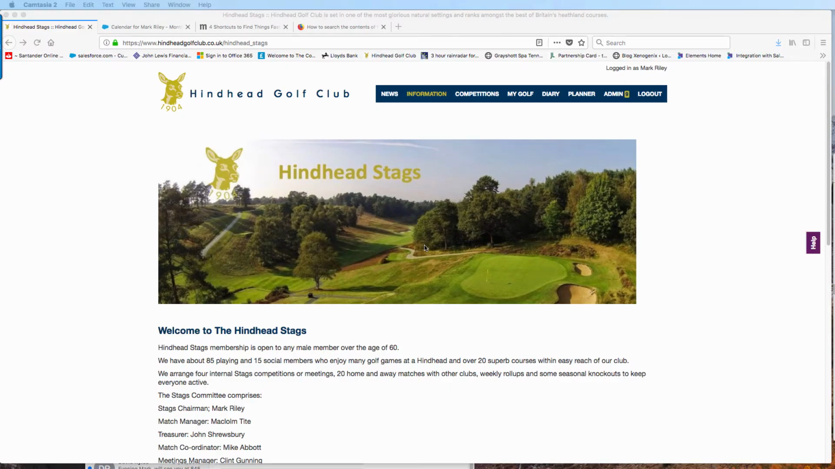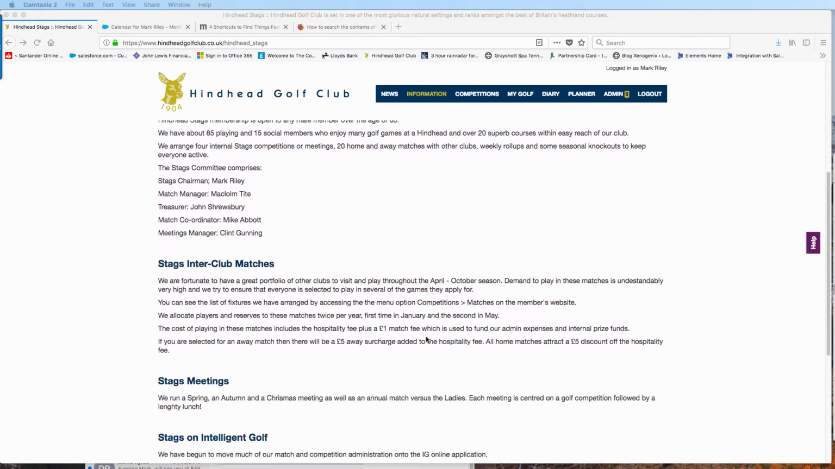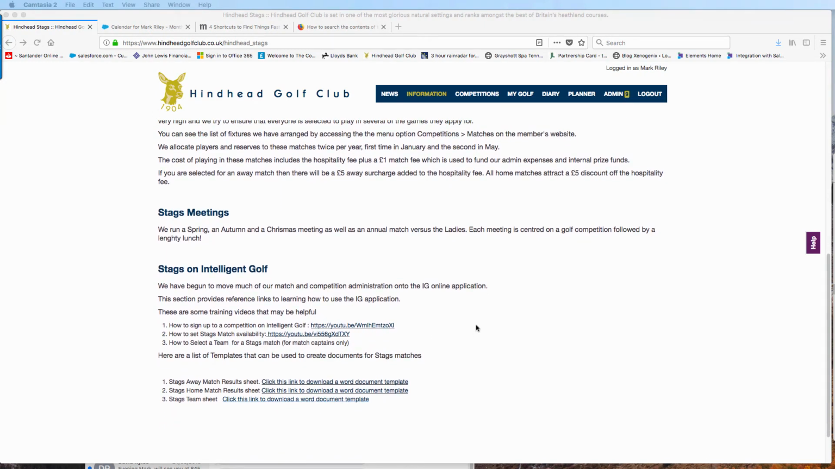Once you've received the opposition team names, then you can prepare the match results sheet. Again, you can do this manually, or you can use one of the templates that we've prepared and is available for download from the Hindhead Stags webpage. So if I scroll down to the section Stags on Intelligent Golf, you see that I've actually got a template here for a Stags away match results sheet or a Stags home match results sheet. So if I download this,